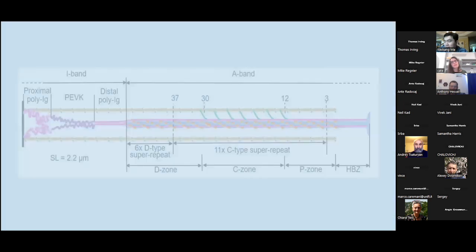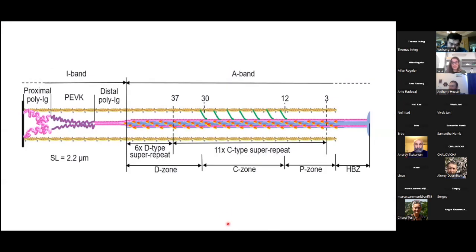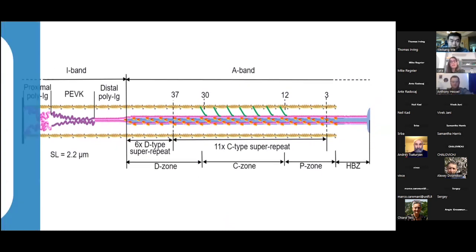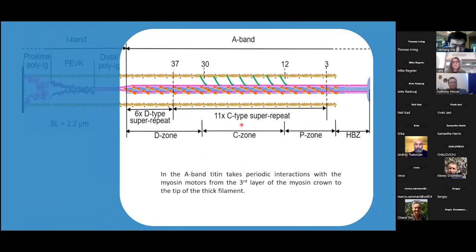So let me give you another brief introduction about this amazing protein that spans the whole of the sarcomere, connecting the Z line to the tip of the myosin filament, and then associated with it, runs up to the middle of the sarcomere in the M line. In the A band, titin makes periodic interactions with myosin motors from the third layer of the myosin crown in